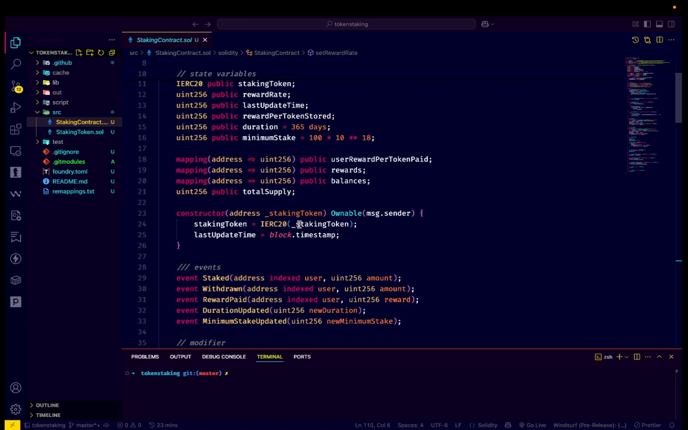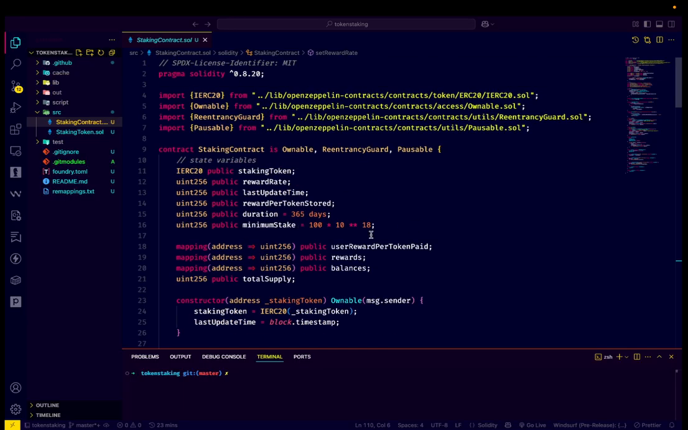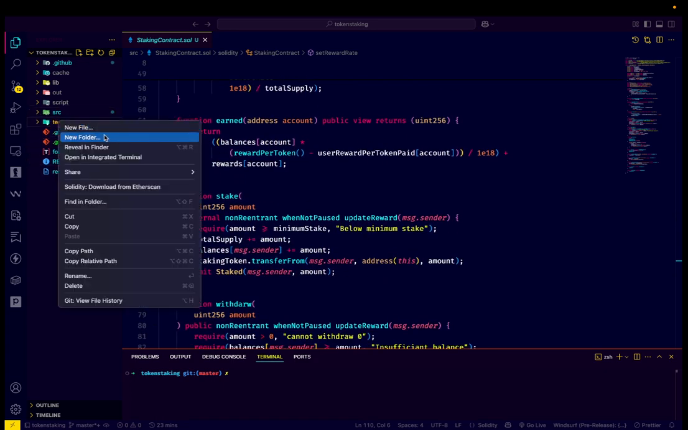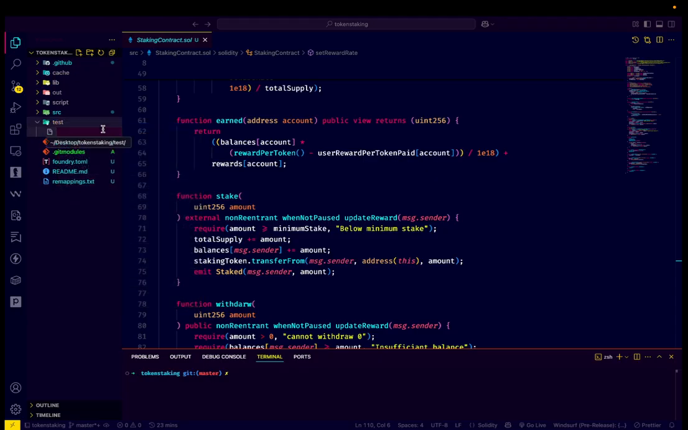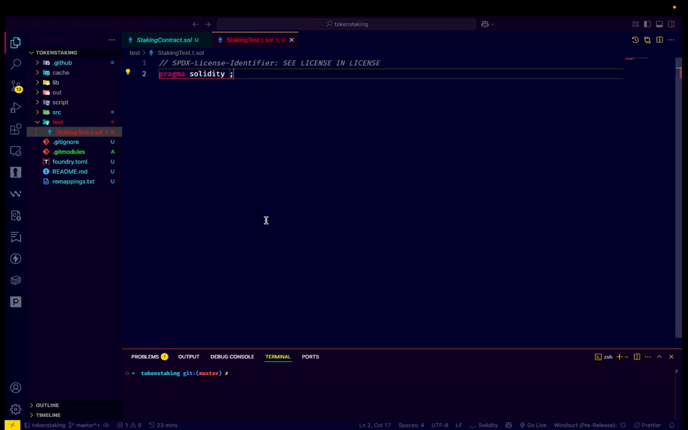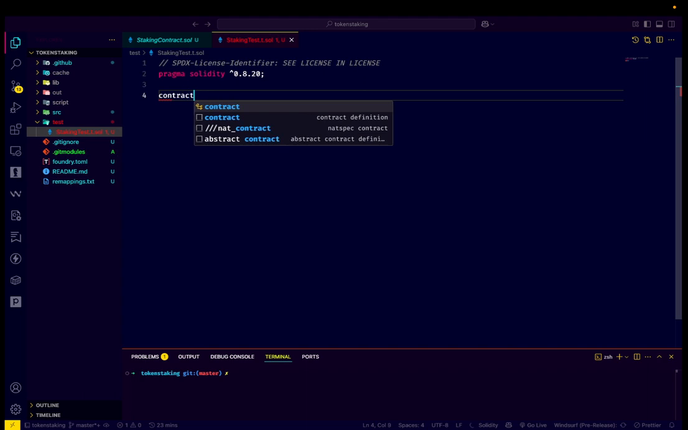So let's go ahead and start testing. For testing, let's create a new file inside the test folder and name it staking test dot t dot sol. That's it, and let's start writing the test. Pragma solidity 0.8.20, and let's name our contract StakingTest